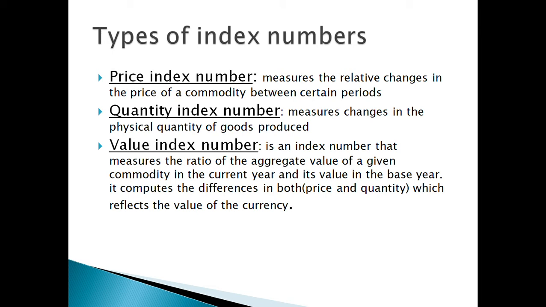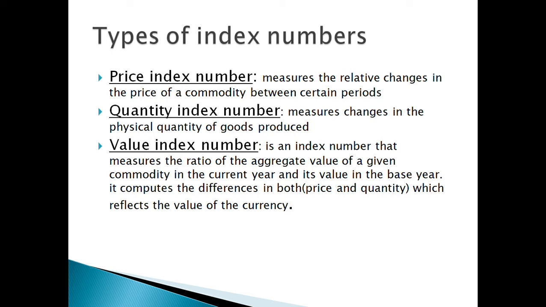Certain periods, now we're looking at a fiscal year. So we assume we have 2 years, 2000 and 2020. So price index measures the relative changes in the price of a commodity. You can bear me witness and look at your surroundings, your economy, and you will notice that the prices of goods and services as at 2000 are different from the prices as at 2020. So price index number just calculates the relative percentage changes in the prices of these commodities between this certain period,